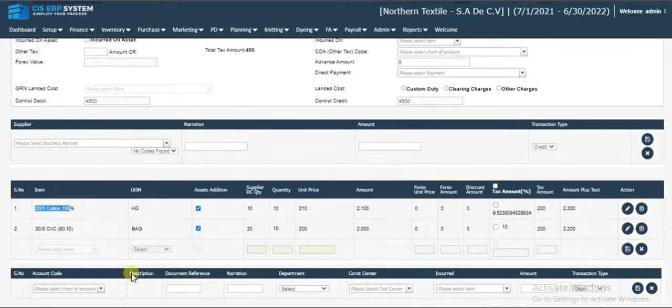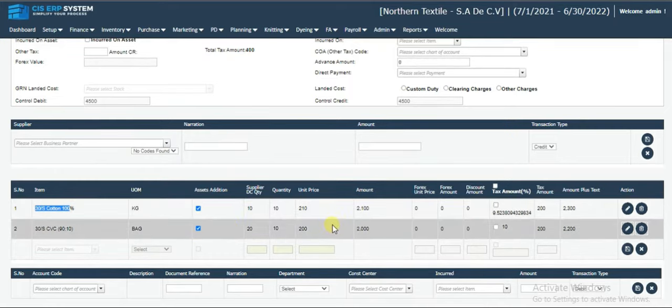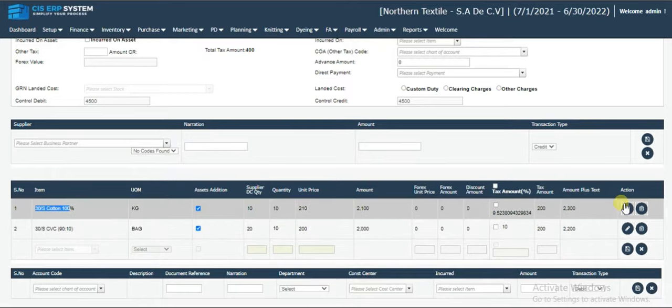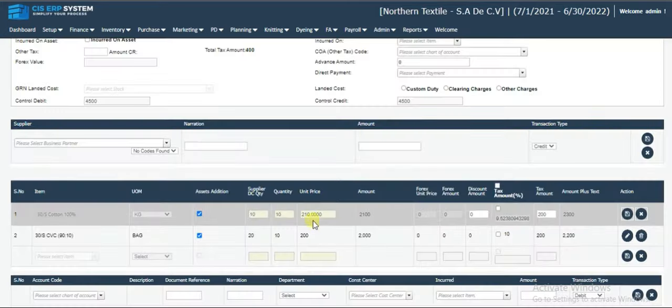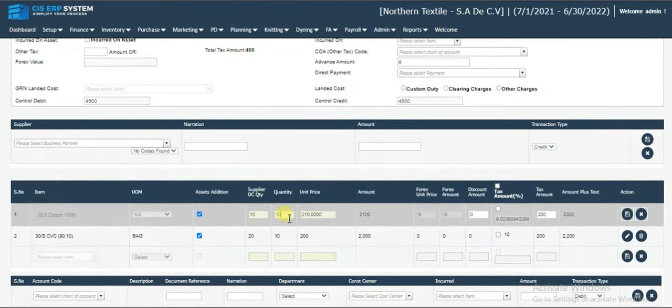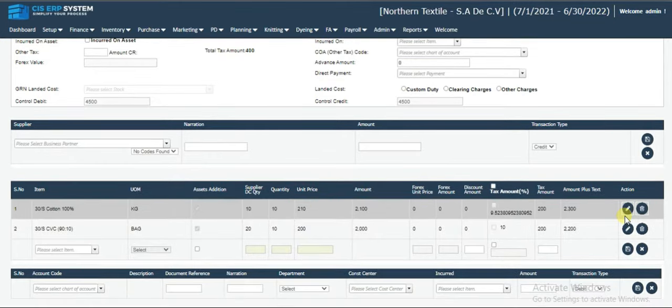We put the 10 bags, and each grid, you also see the actual quantity 20 and 10. You can edit over here. Click on save,